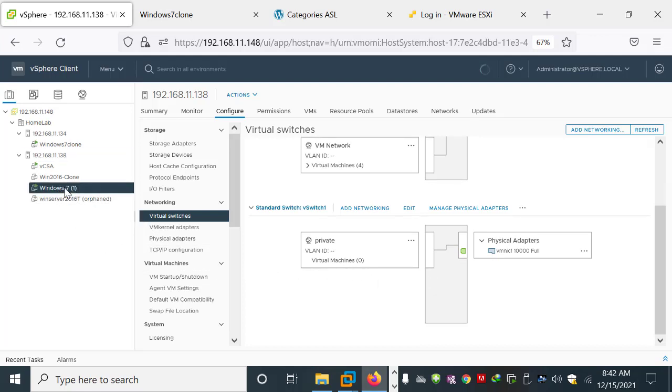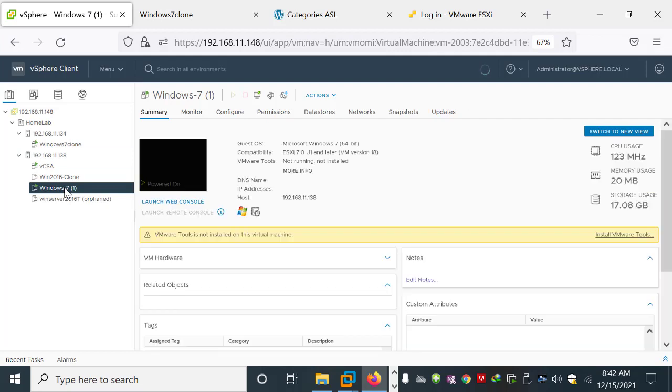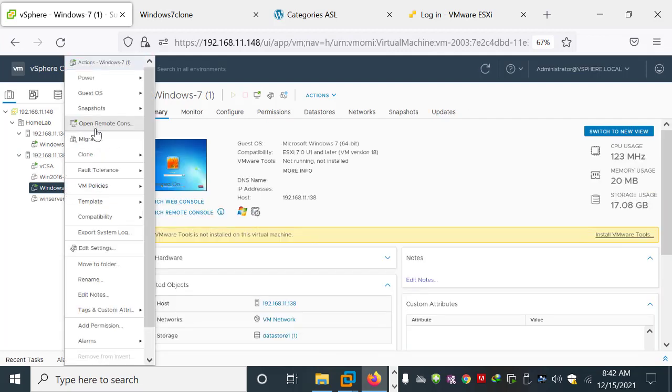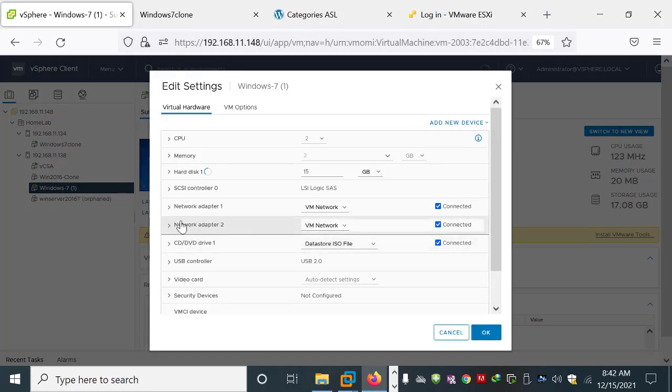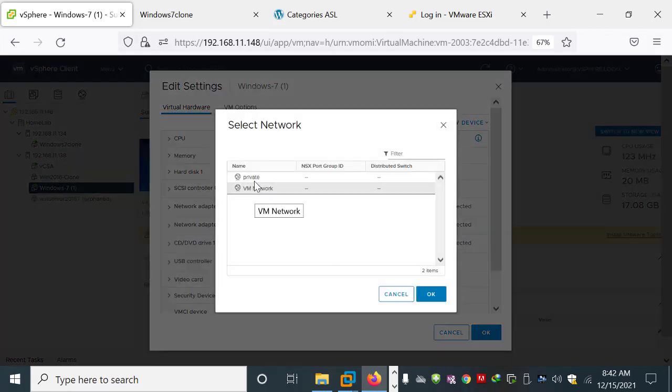So I click on the Windows 7 and right click and click on edit settings, and as you can see I have a second adapter. So I browse and I click the private label which I have created earlier.